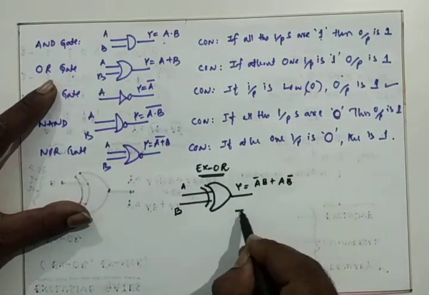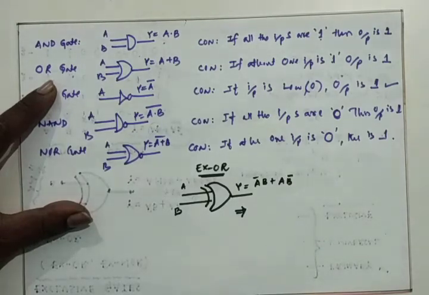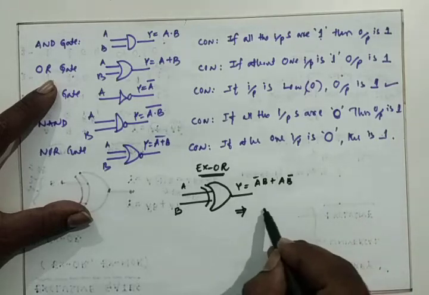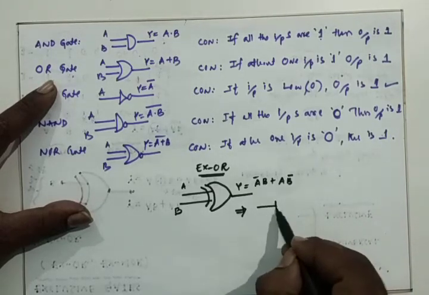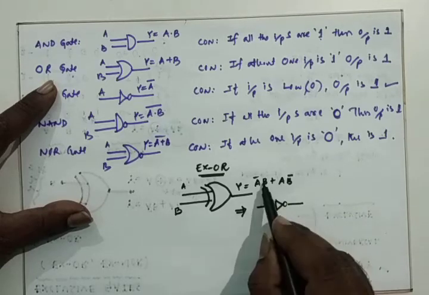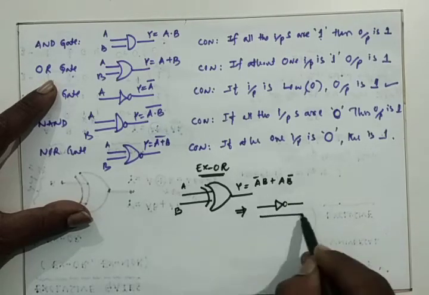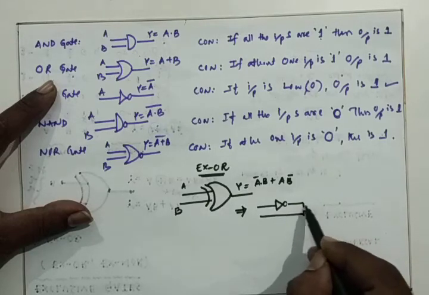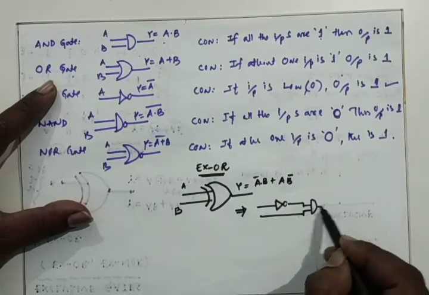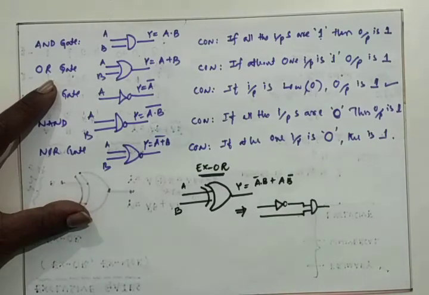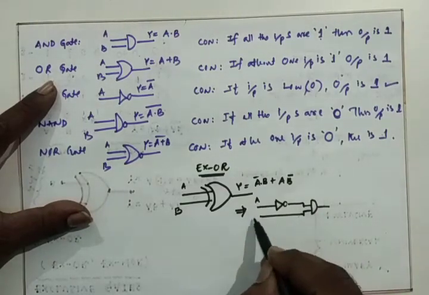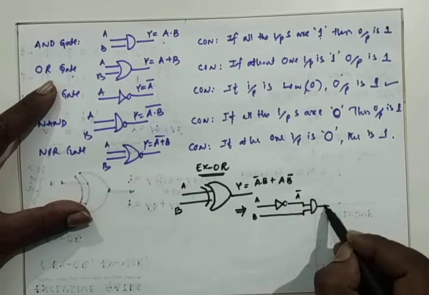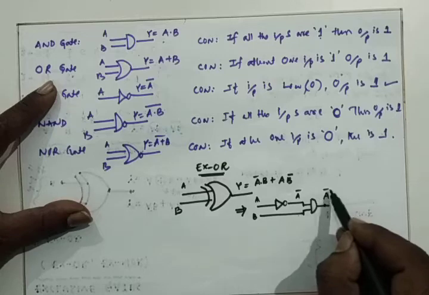And the equivalent logic diagram for this exclusive OR, that is y is equals to A bar B. First go with the A, and we require A bar, so that I am making use of the NOT gate, and it is A, B. A bar B is nothing but a product, so that I can make use of the AND gate, because AND gate will provide the product only. This is A and this will be A bar and this is B, so that the output of this AND gate is A bar B.